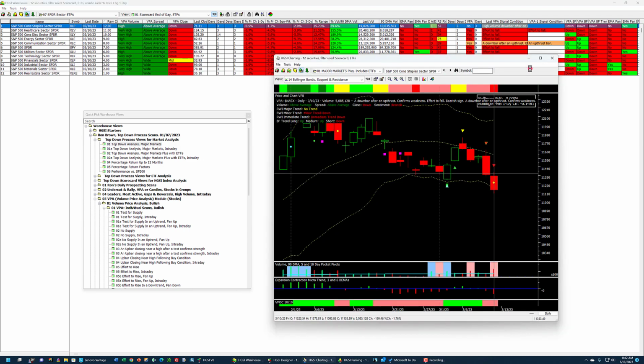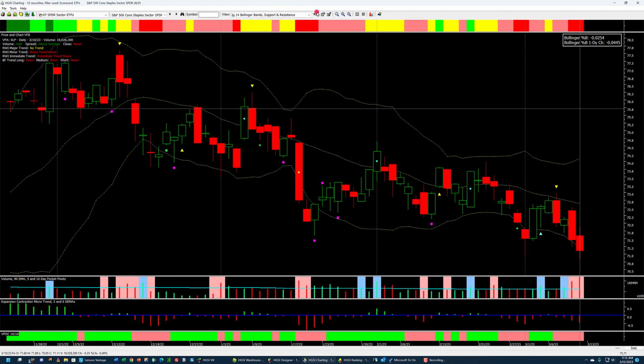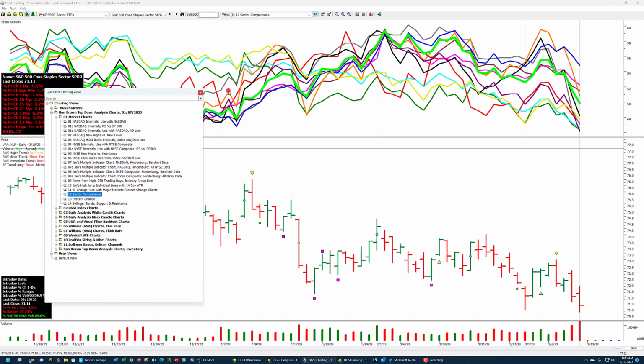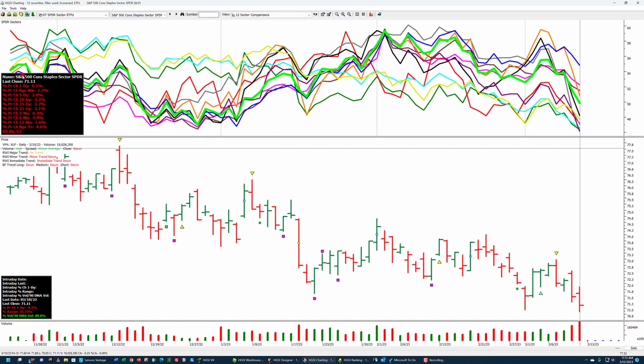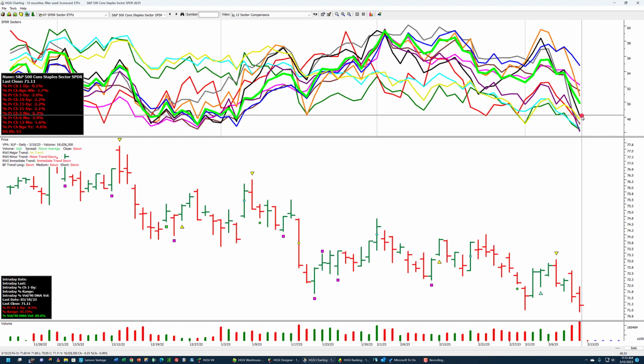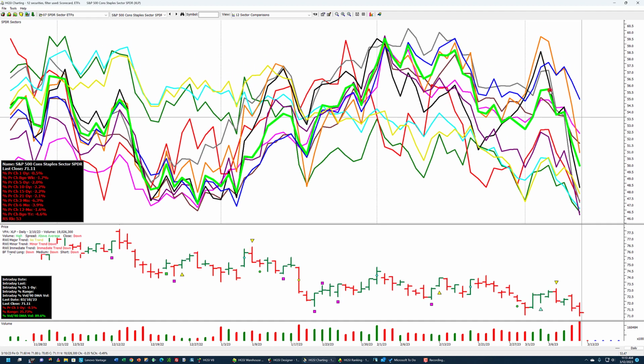Now I'm going to bring up a different chart. I'm going to go up two charts to number 12, a sector comparison. This is the spider sectors right here, and if you look over to the right, you can see what has happened with these sectors.